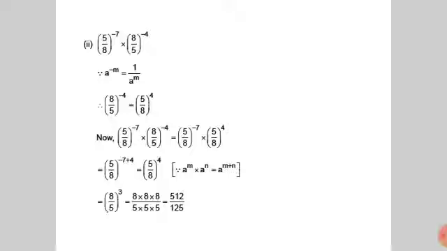So convert the negative into a positive exponent. 5 by 8 converts into 8 by 5, form a reciprocal. So negative exponent minus 3: 5 by 8 the whole power minus 3 converts into reciprocal, 8 by 5 the whole cube. 8 into 8 into 8 by 5 into 5 into 5. 8 8s are 64, 64 8s are 512. 5 5s are 25, 25 5s are 125. We get the value 512 divided by 125.